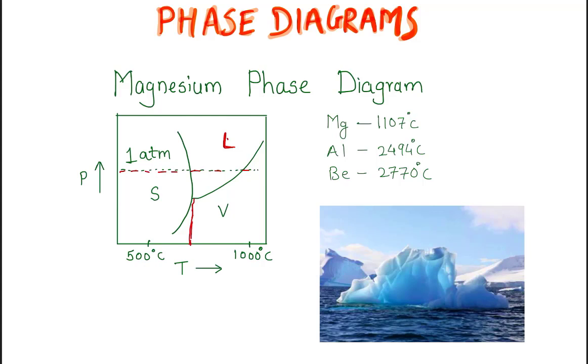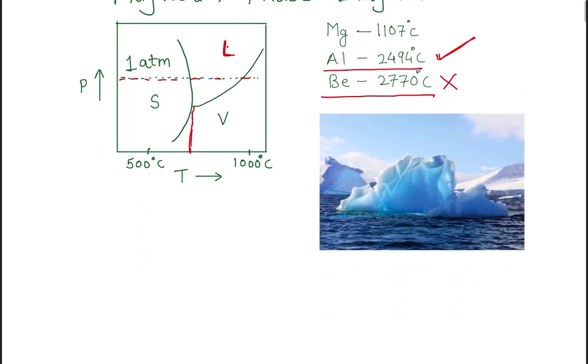So the ideal choices are aluminum and beryllium. They also have high melting temperatures and are also lightweight, but the problem is that beryllium is poisonous, so we don't use it, and the remaining choice is aluminum. All of the materials in the aerospace industry are different alloys of aluminum. So now we will study the phase diagram here.